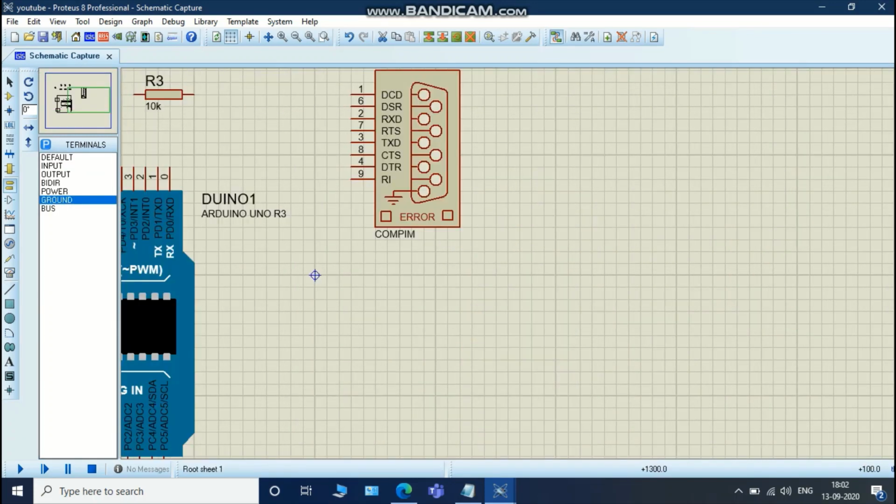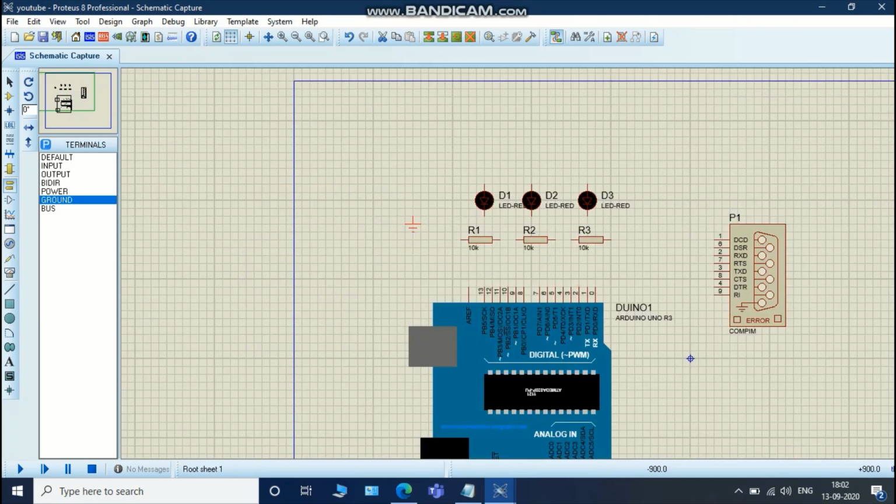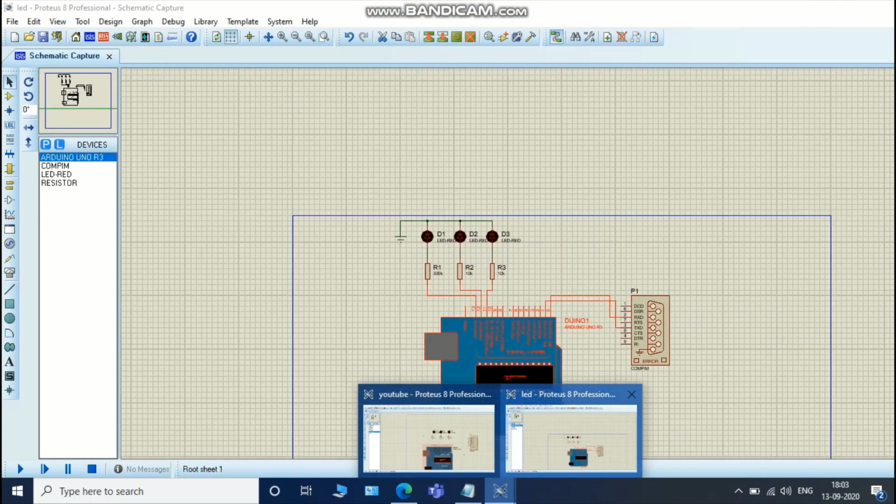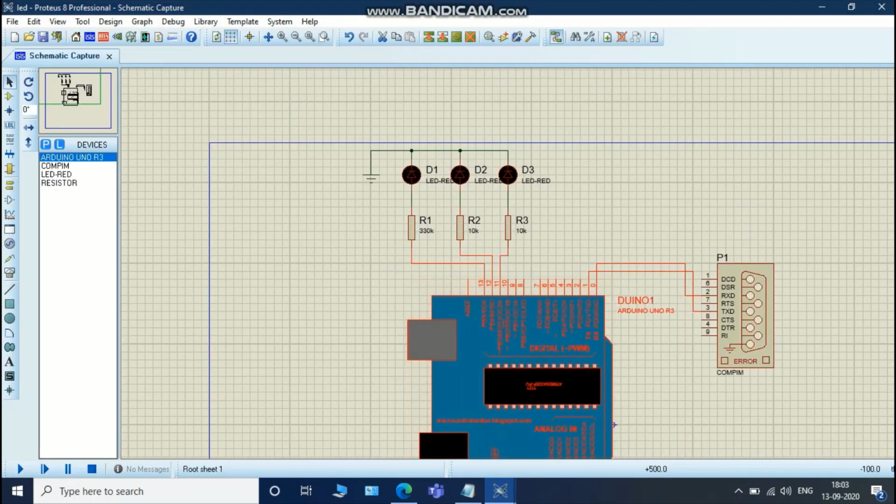Okay, after adding all this stuff, give the connections like that. Pause the video and give the connections.